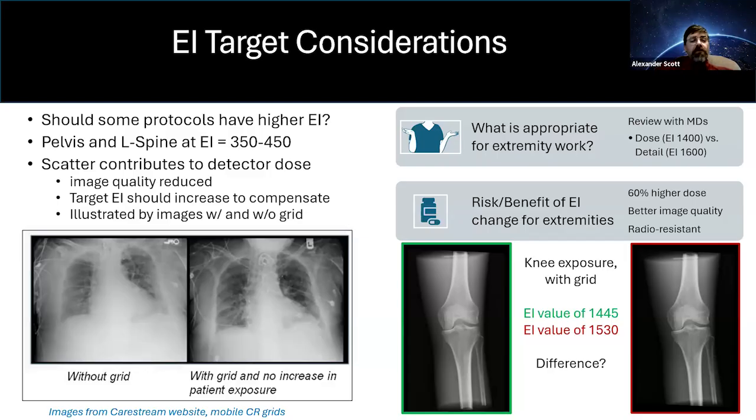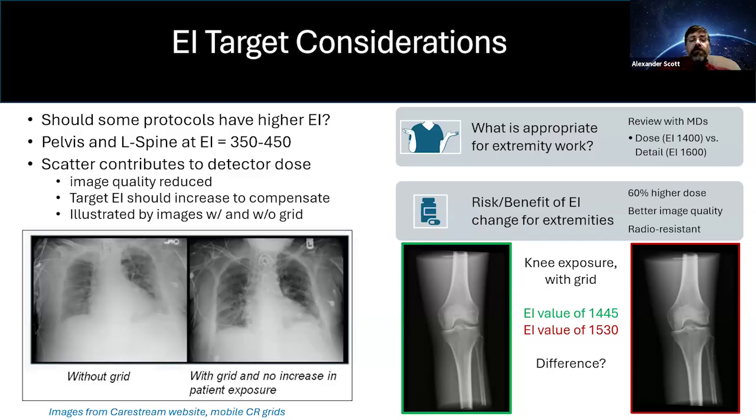Yeah, I'm no radiologist, but I can see that with the grid, it's a much better image, even though the patient exposure was not increased. And that's different from how you would do a typical patient study. This was a research study. When you put the grid in, you have to compensate for it with a higher dose. But this is just a demonstration that even for the same patient exposure, you get so much improvement in quality